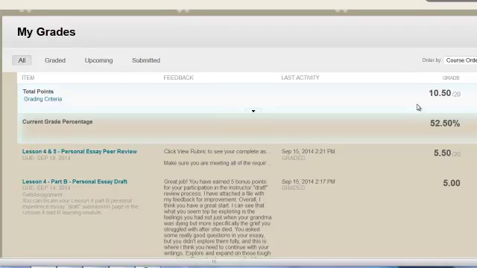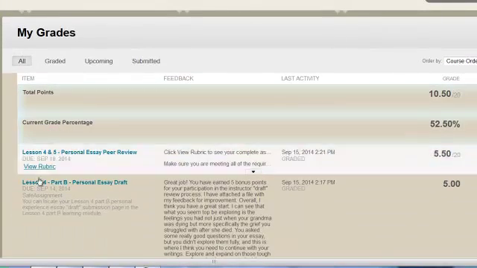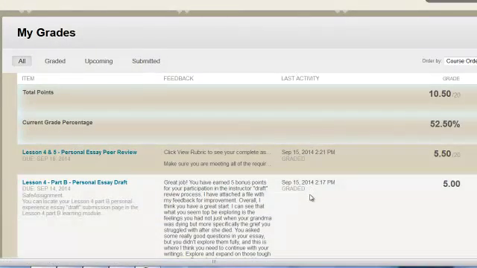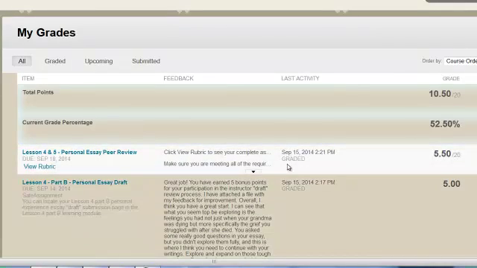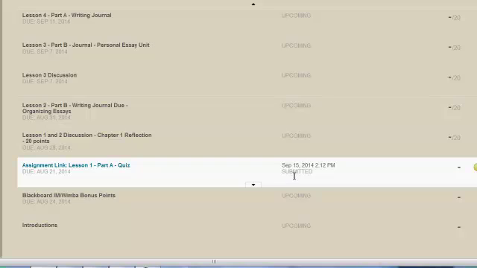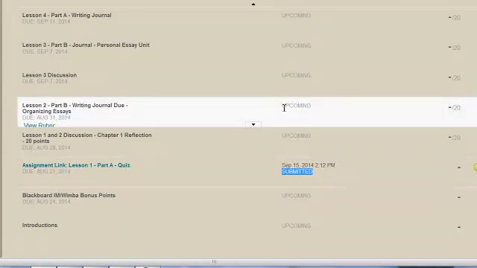And what you should be seeing, in the far left column, is the name of the assignment that you have worked on, including any feedback in a feedback column. What was last done? For example, did you just recently submit the assignment? So if an assignment has been submitted but it hasn't been graded, it will show up as submitted. Or maybe you haven't completed the assignment. Maybe it just is showing up as upcoming,